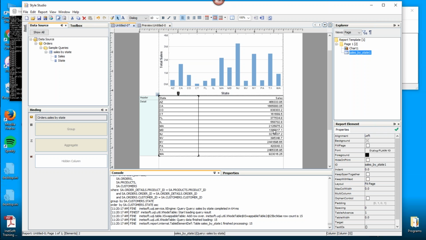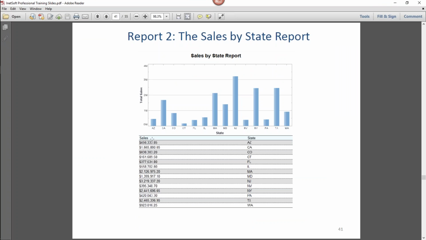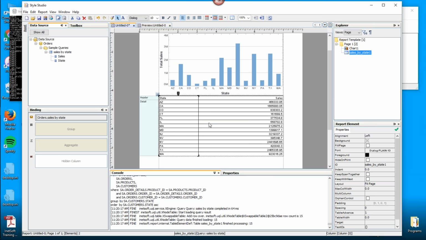What else can we do here? Another thing we can do is apply a table style like in the slide. There's a style here that has a blue header and alternating bands, gray and white bands. I believe we've looked at table styles before when we were doing dashboard design. It's the same thing.